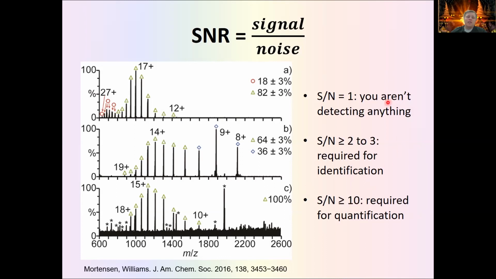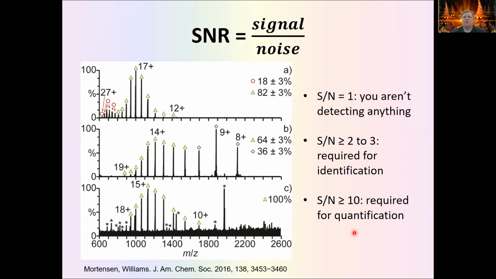And so where do these numbers of 2 or 3 and signal to noise ratio of 10 come from? Well, these are mostly by convention. So these are numbers that people in the scientific community have generally agreed to adopt. There's not really any scientific reason for this hard cutoff at a signal to noise ratio of 10, but it's